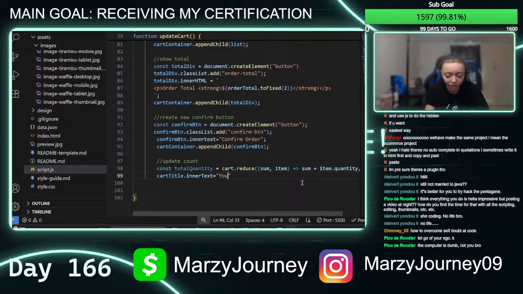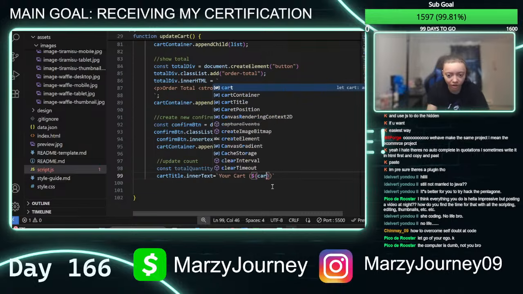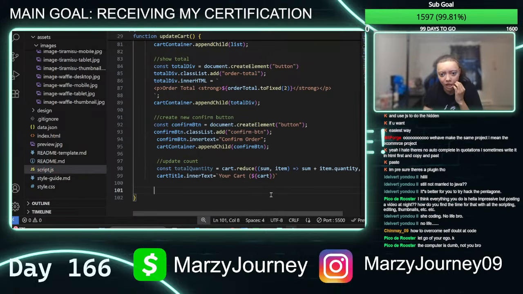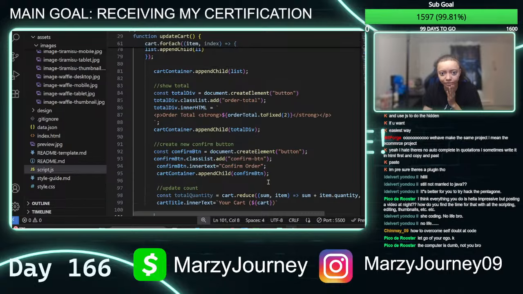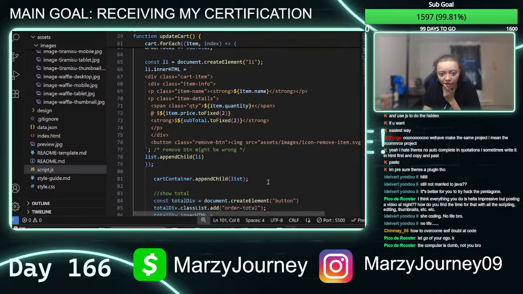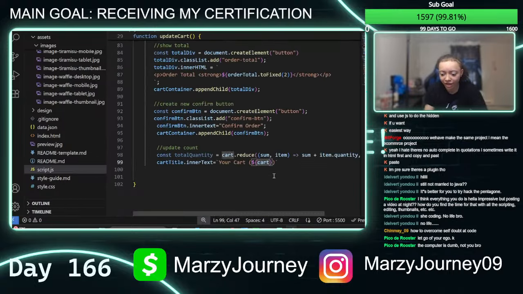So I gotta go your cart, and then I think I gotta put it in quotes, no? So it could still pop up in quotes, yeah. So it could still pop up in quotes, but we already have the quantity declared. Oh, so I gotta do backticks. Backticks. So we already got the quantity declared, so we gotta go cart. Is it cart quantity? What the hell do we even call this? Is it, oh, I think it's item quantity. I was about to do cart quantity.